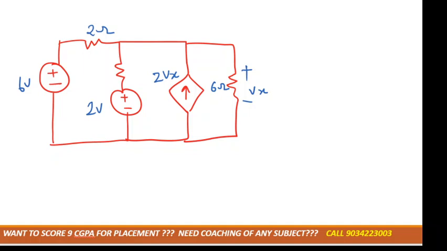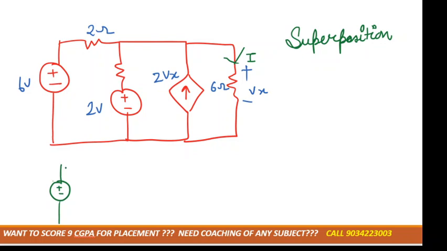See, this is the question based on dependent source and we have to do it by superposition theorem. In this superposition theorem we have to calculate the current across 6 ohm that is mentioned in the question. Now I told you in the superposition theorem we have to keep first source and we have to kill other sources, right? If we'll keep first source then it would be like this, and we have to kill